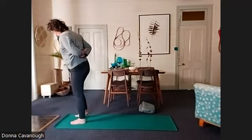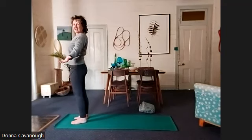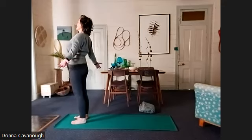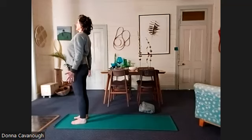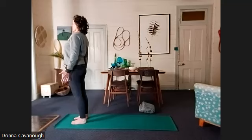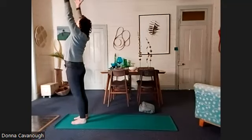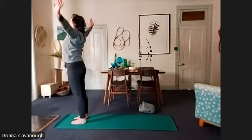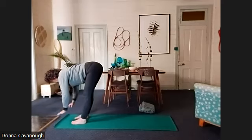Good, and then releasing that side. And we're going to release that arm. Turn the palms out, the upper arms out. Tadasana. Great. Take the arms up. Urdhva Hastasana. Uttanasana. You can either put your hands on the seat of your chair here or down onto the